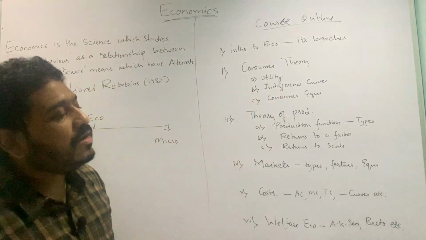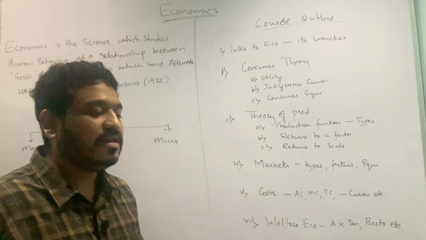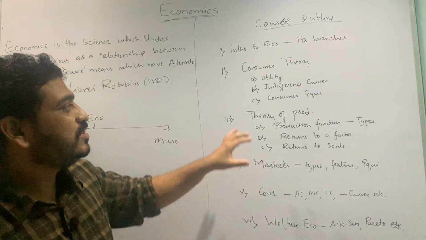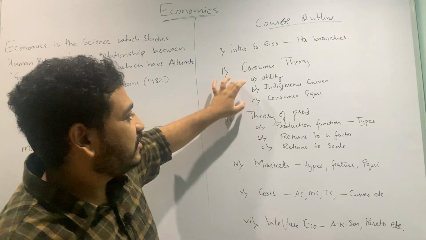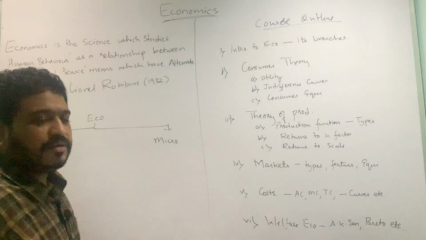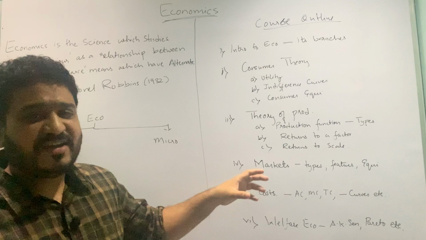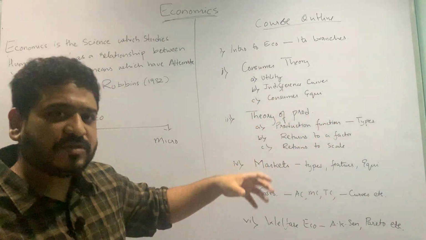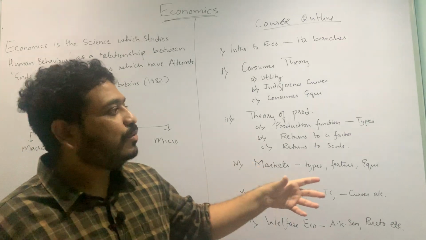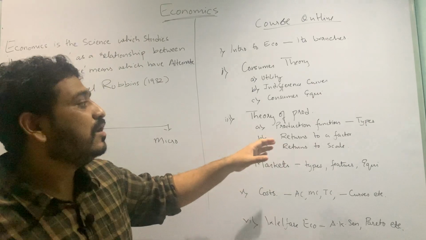Then we'll move to consumer's equilibrium, how the consumer will equilibrate given the limited budget he has and also the given price of the commodities which he or she wants to purchase. Then we move towards the theory of production. Now the theory of production particularly deals with factors of production. I'll give you a sense of what factors of production are in this lecture itself, and also what factor payments, or remuneration for each factor, are known as.